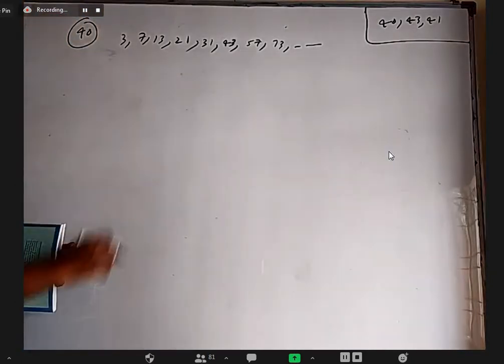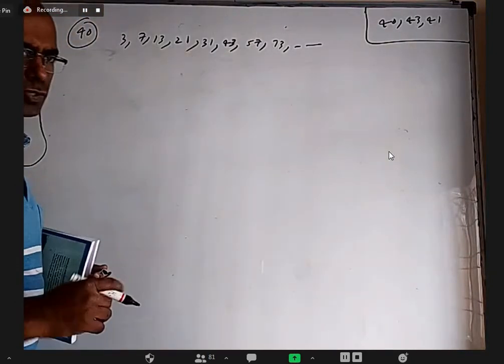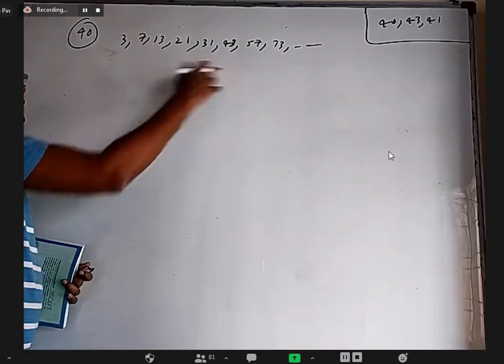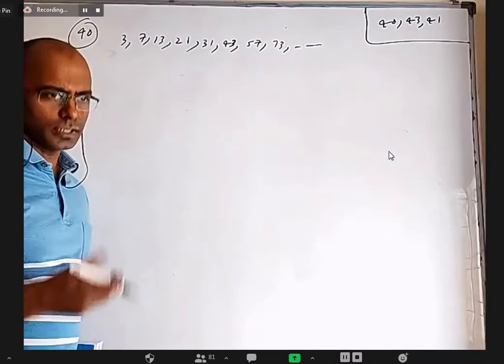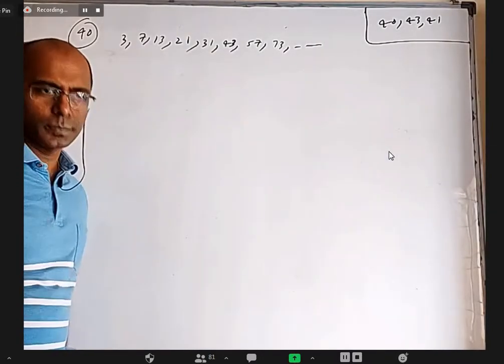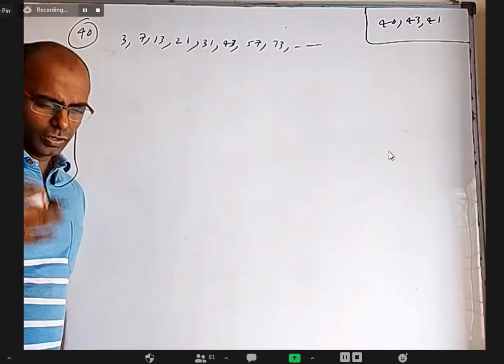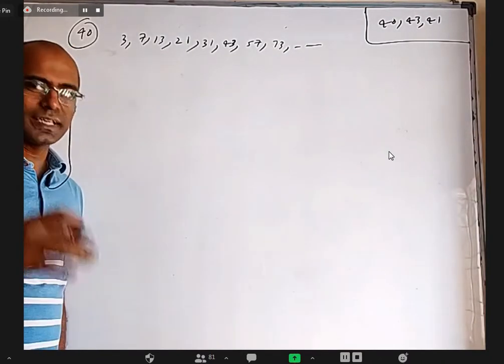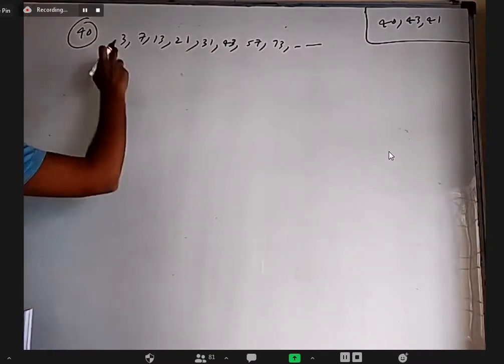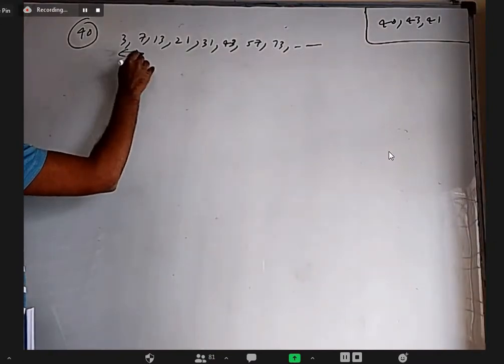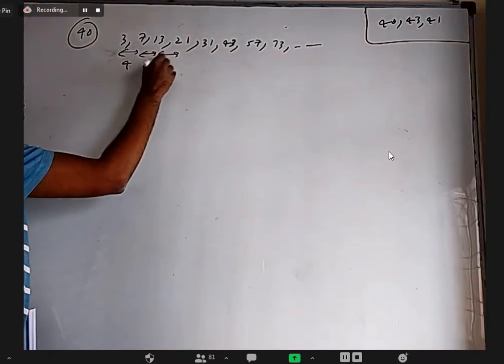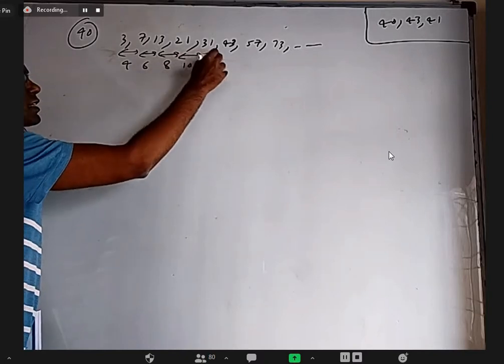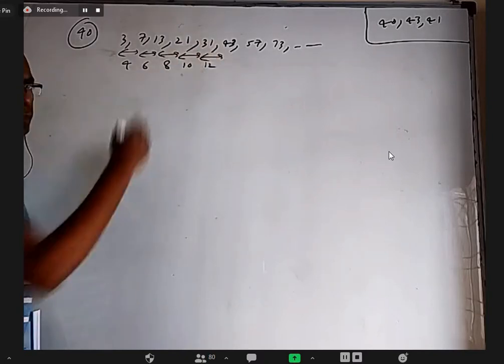Okay. So here they did not give further numbers. I'm just showing you. When you have these numbers, I want to know what is the nth term. Okay. It is not AP or GP or HP. You can call it something like AAP if you want. That means the differences are in AP. What is the gap between 3 and 7? 4. The gap between these two, 6. The gap between these two, 8. The gap between these two is 10. And the gap between these two is 12.